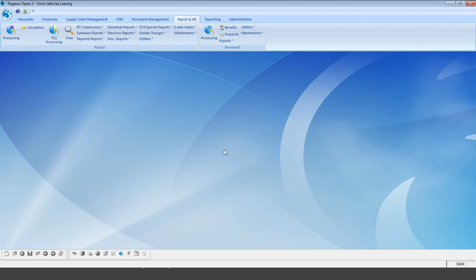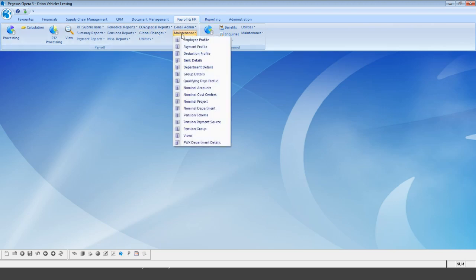So within payroll and HR, what we first need to take a look at is really to ensure that if we want to separate out our employees, so we're not just talking about every single employee, but those we want to furlough, how can we separate those out in the system and ensure we can easily access them, but also have them set off to the side, because for a while those payments are going to be continually the same. Well, the best option in which to do that is to create a new group, and that's under payroll, maintenance